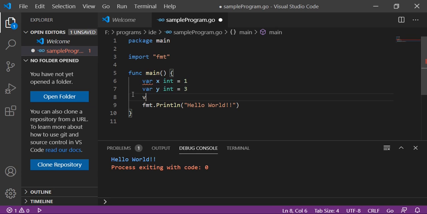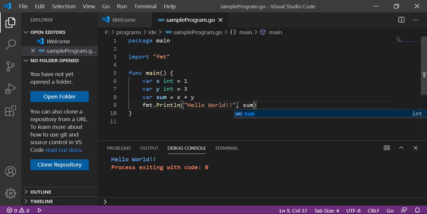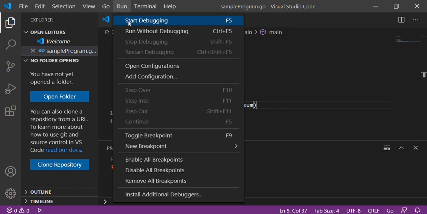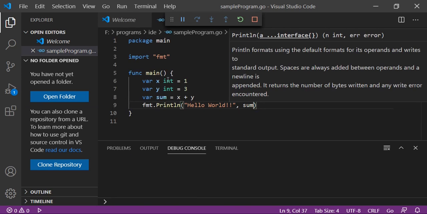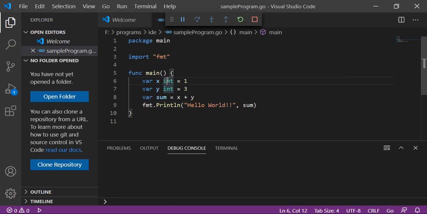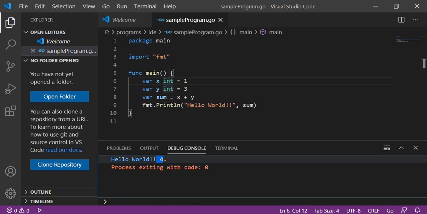Let me print the sum equal to x plus y. See, the value it shows is 4. 1 plus 3 is 4. So this is one way to declare the variable.